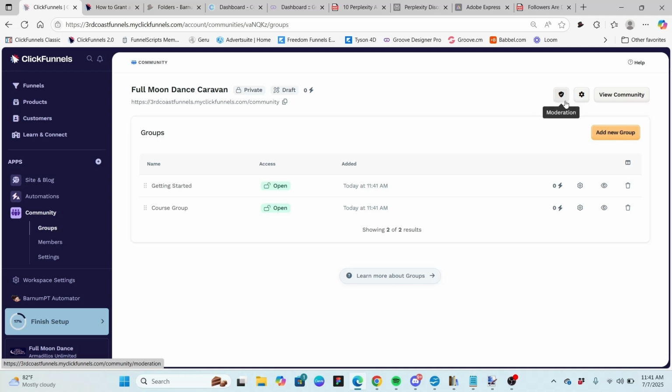Now you have an access button for the moderation. If you are a moderator or the owner, we have our community settings, and we can also view the community, which will give us a preview of what it looks like. Now over here, we've got the name. We've got the status, which is set to private right now. We also have right here a link that we can copy or click on, which will take us to our community. That's going to do the same thing as view community. So if we click on this,